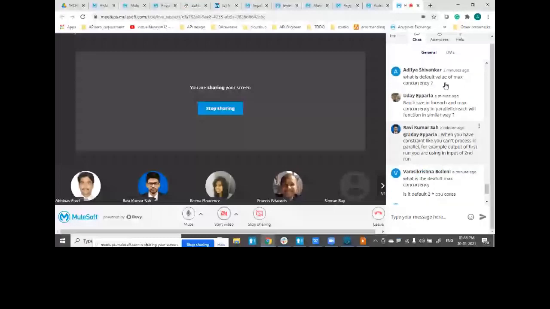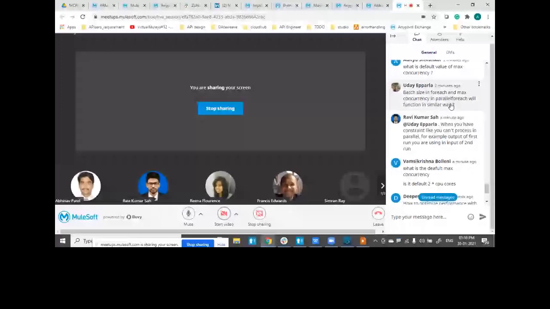Next question is from Uday. Batch size in for each and max concurrency in parallel for each will function in similar manner. Uday, no. That's not how it works. Batch size will define what is the record that you want to give for processing. So do you want to load a single record to your thread, or you want to load like a collection, more than one record?